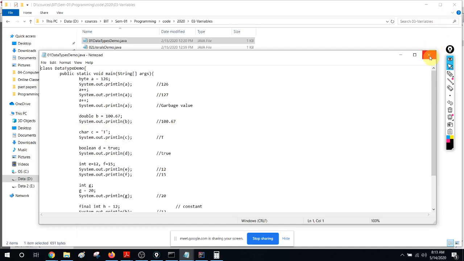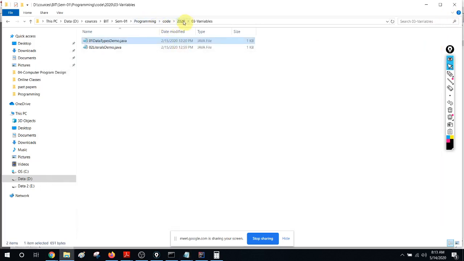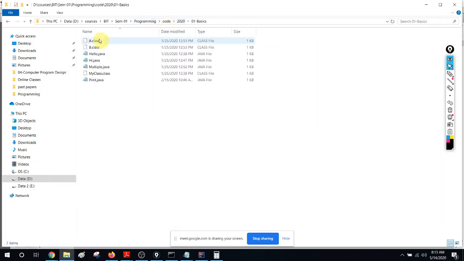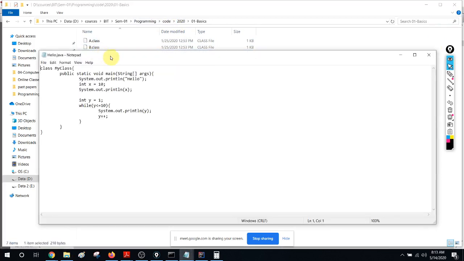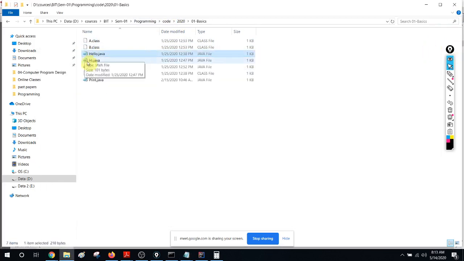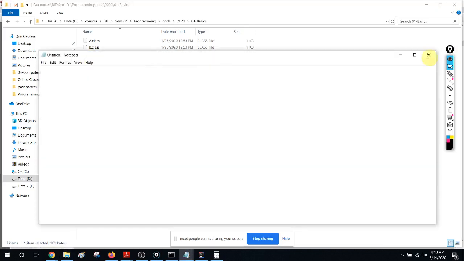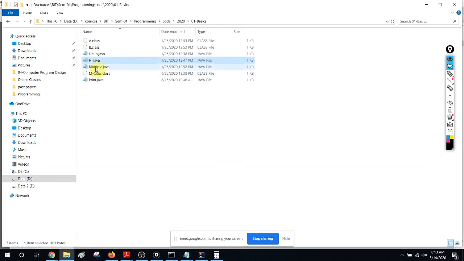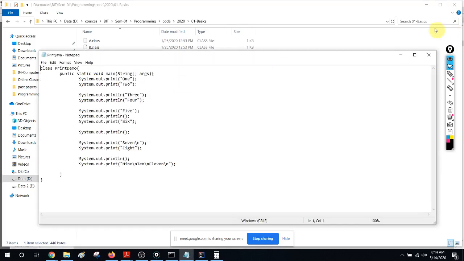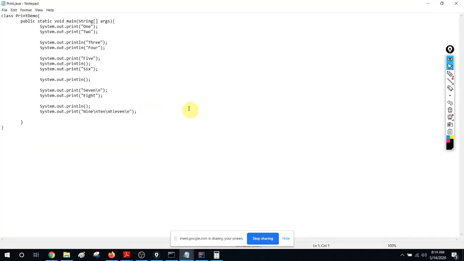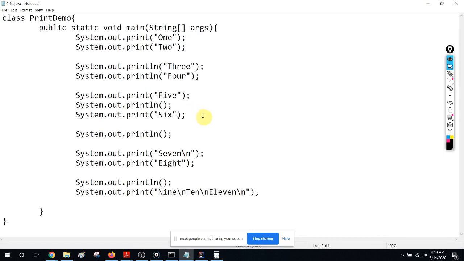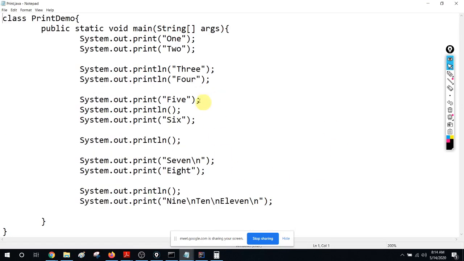Somewhere there should be code. Hello will not have any of these things. Hi, there's no class like that. I think this print one has. Yes, this one has all these examples. This is the code that we did in the class, not in the online session.